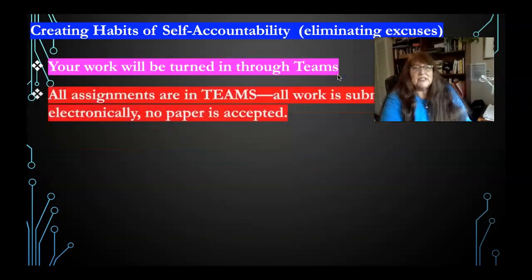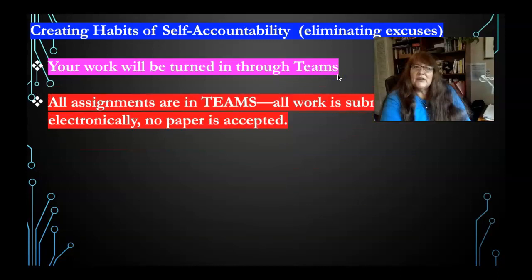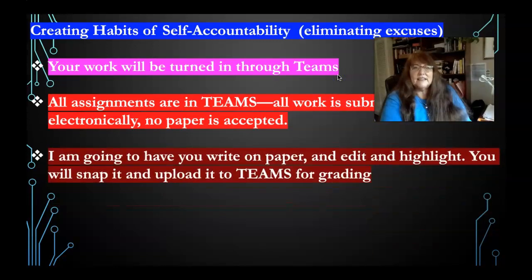Work is turned in through Teams. All assignments are on Teams. All work is submitted. I said that. You'll be writing on paper, and you'll be doing editing and highlighter. So get a highlighter. You can't always do it